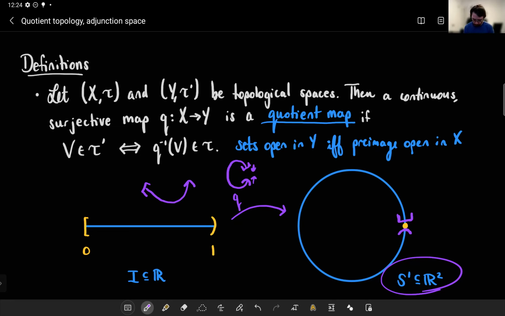Why? Well, I mentioned the main condition you have to satisfy is that sets are open in Y if and only if their preimages are open in X. But I kind of skirted over the fact that you also have to be a continuous map, which this is. It's a continuous map because for any pair of points you take,